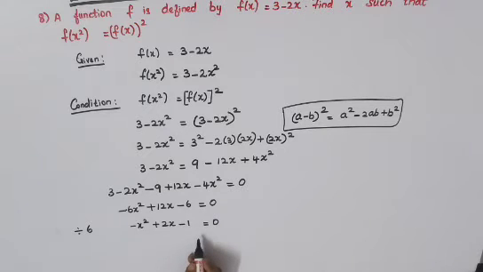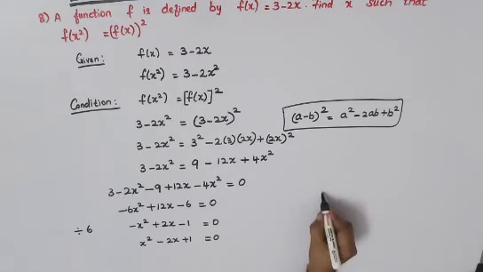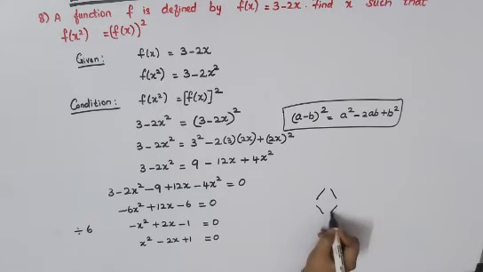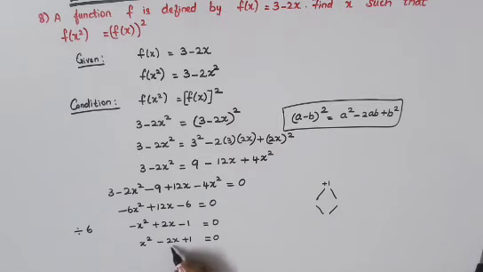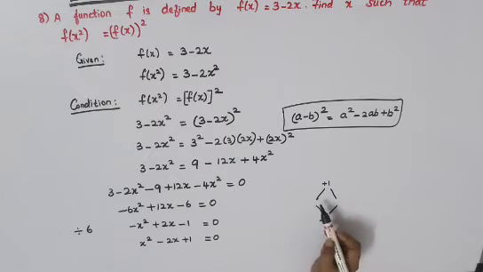Just take your minus outside, otherwise you can cancel your minus. So you'll get it as x square minus 2x, that is change your symbol altogether. So it is plus 1, which is equal to 0. Now this is a quadratic equation in x. So just go for your factorization. Here you got plus 1, so write plus 1 on top. Minus 2 is here, so minus 2 down. Search for your numbers so that when multiplying two numbers, you will get plus 1, and the same numbers when you are adding or subtracting, you will get minus 2.